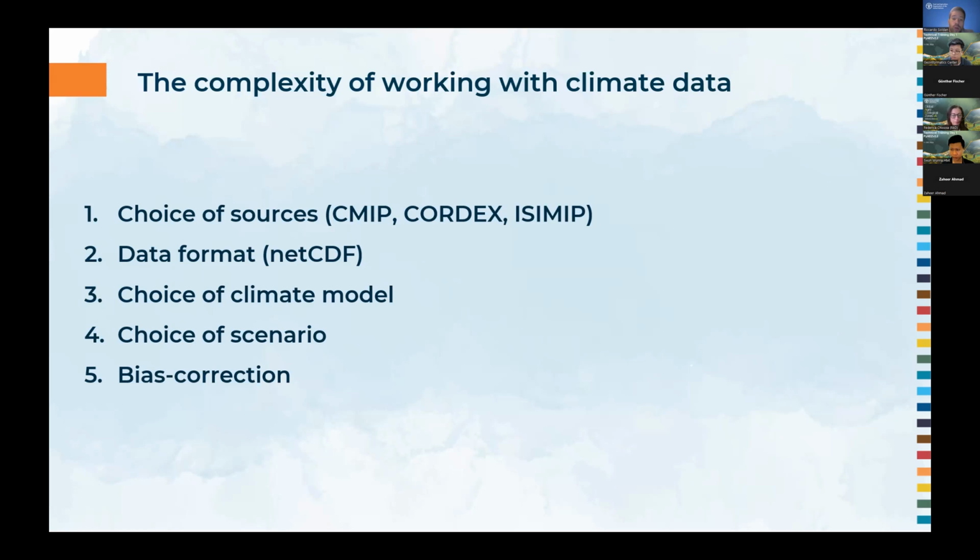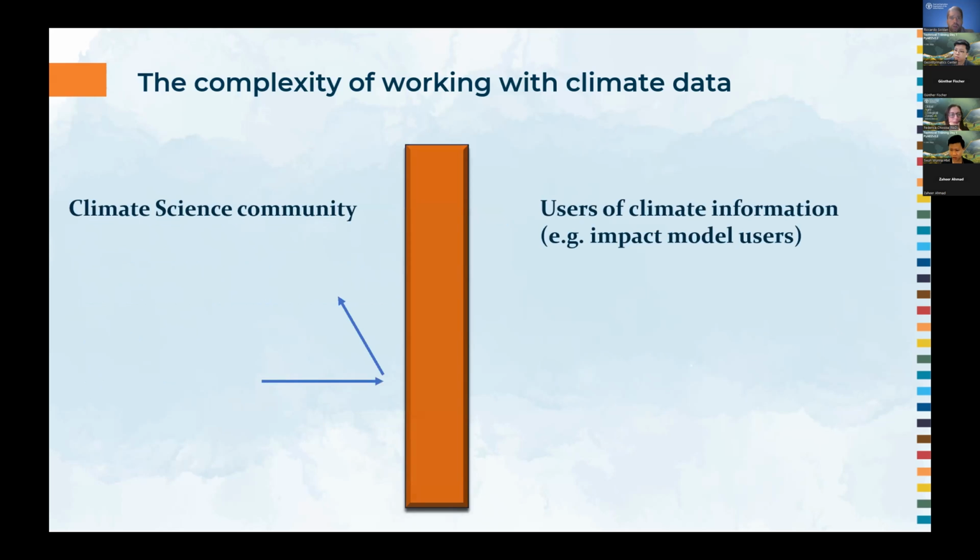You need to learn at least a specific library, depending on the programming language that you use. Of course, understanding also the choice of the climate model, which scenario, and also the added complexity of bias correction. So there are a lot of things that you need to be aware of in this context.